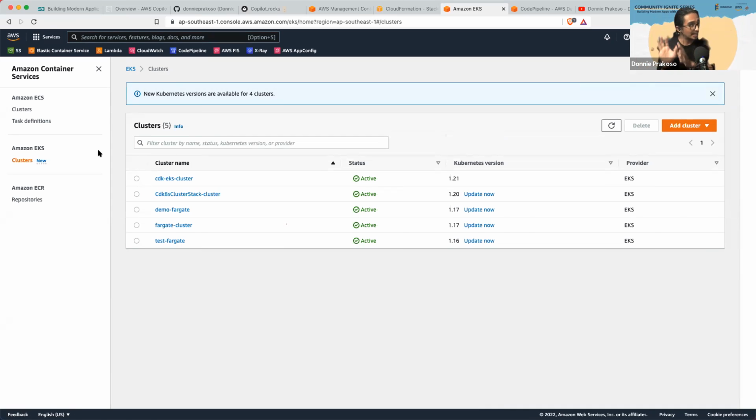In that sense, it makes more sense to use Kubernetes, right? But if you're just getting started and you want a reliable container orchestrator, just use Amazon ECS. That makes it easier. The next question is